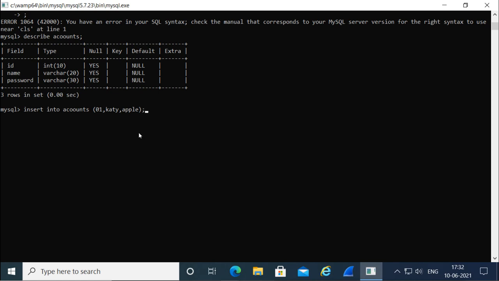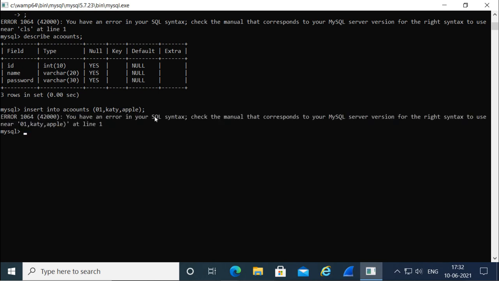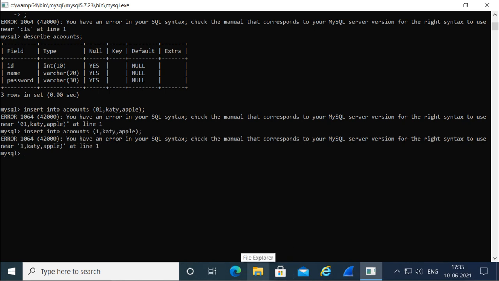So according to the columns we have, I am giving the values for those columns. And again I am getting an error. It is saying a syntax error.